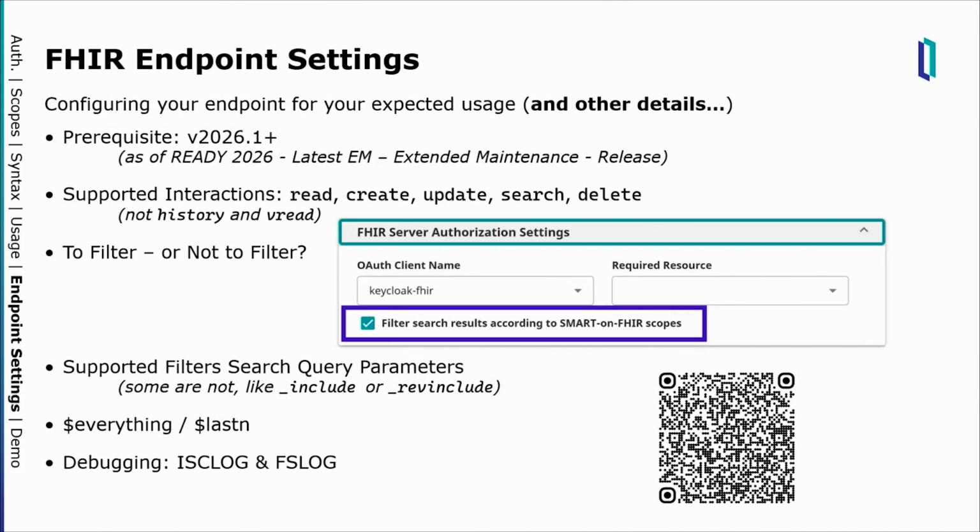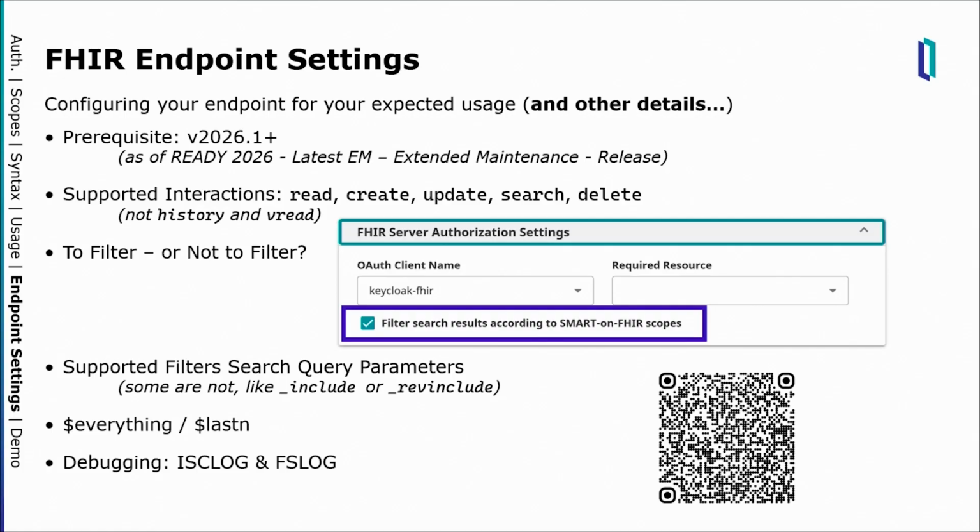So there are various details about managing this kind of support, and I'm not going to get all of them. Again, you have a QR code to the documentation. But let me ask you this question. Let's say somebody has a scope,